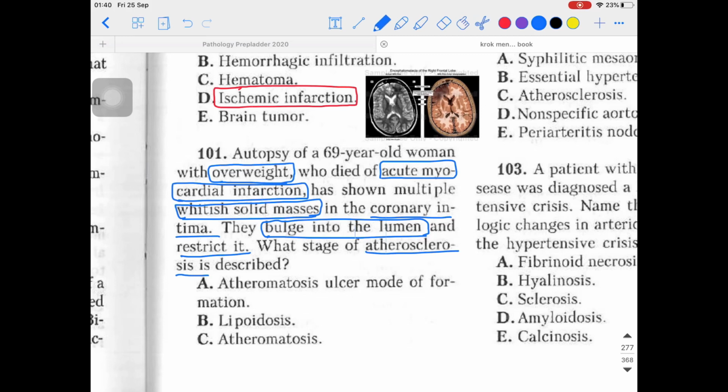So after the death of those cardiomyocytes, or those tissues of the heart, there will be an accumulation of cytokines. Which kind of cytokines am I talking about? I'm talking about the monocytes, macrophages, and some other kinds of cytokines that will be accumulated over there. And what will they cause? They will stimulate the proliferation of the smooth muscle cells, and their ingrowth into the intima will start from the tunica media.